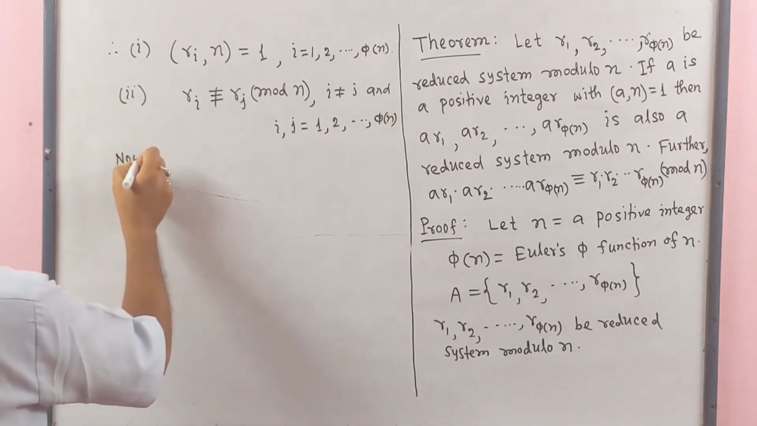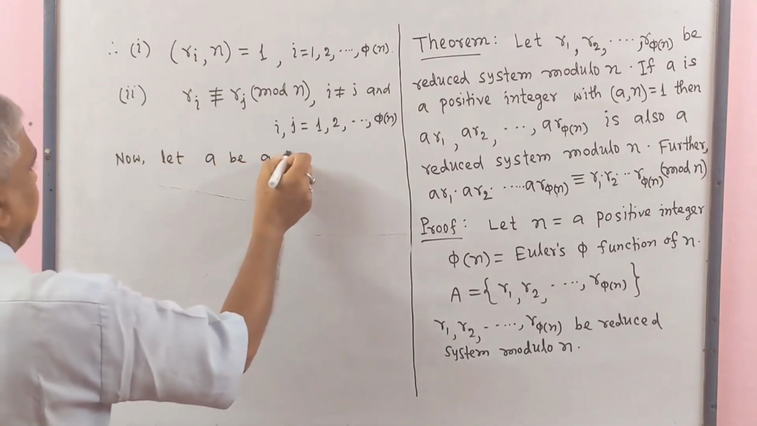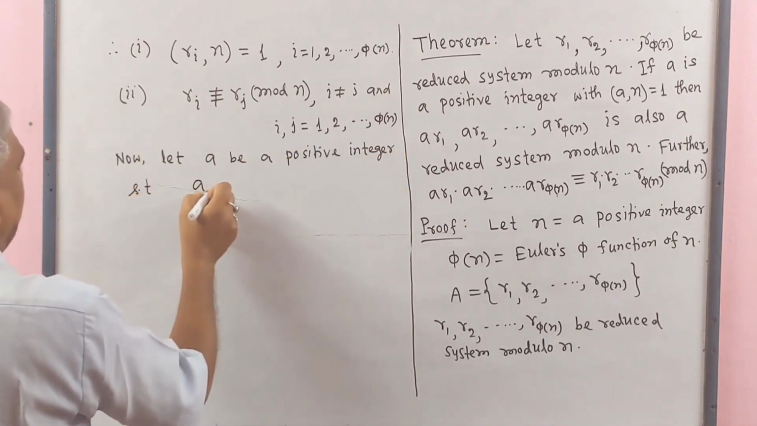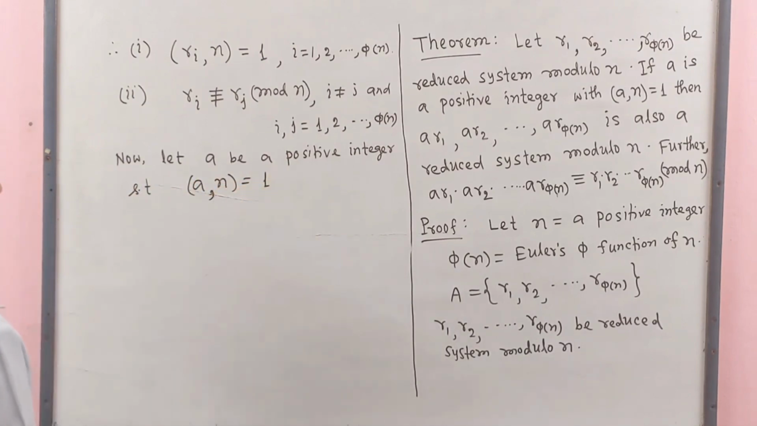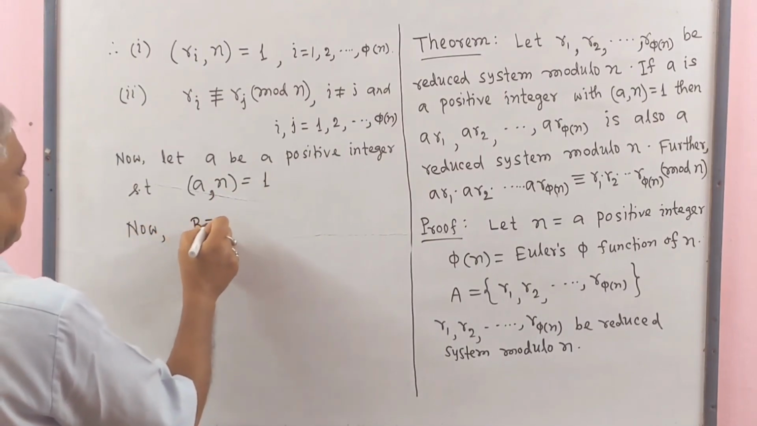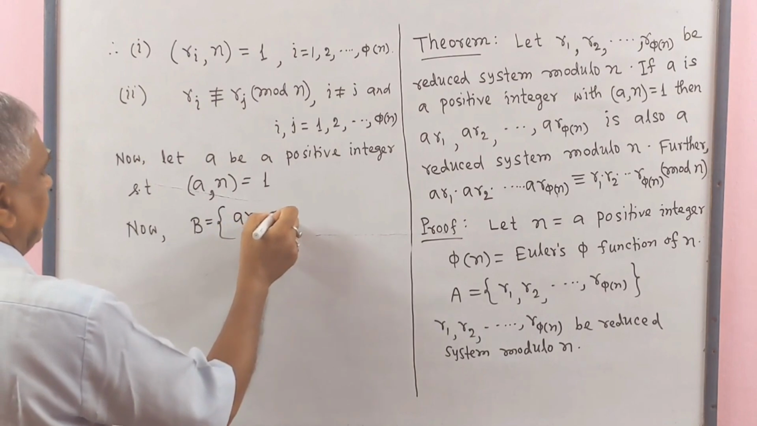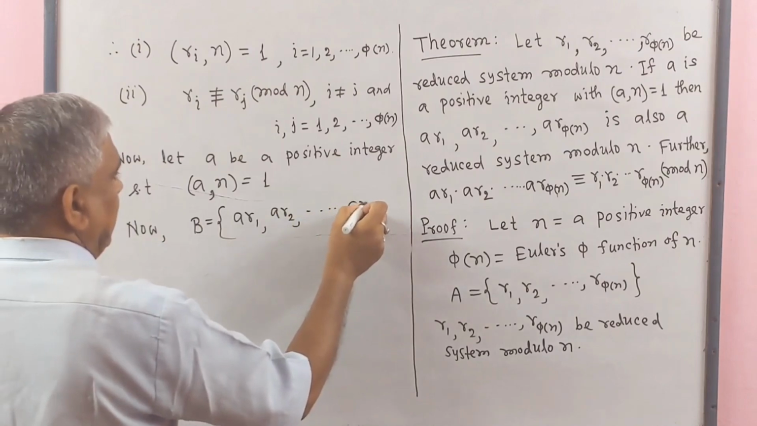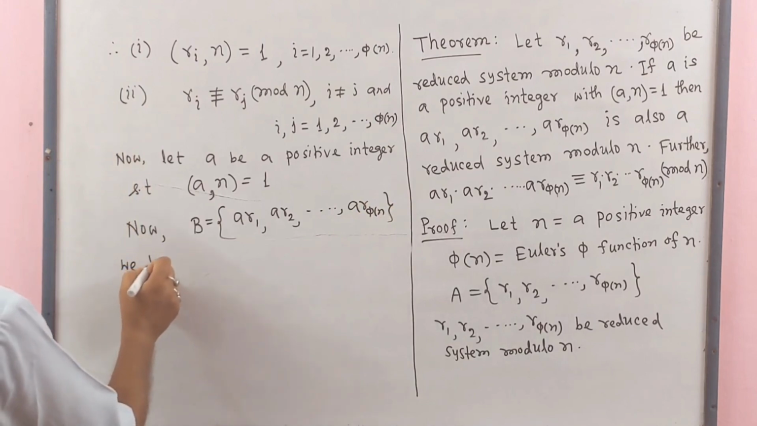Now let a be a positive integer such that GCD of a and n equal to 1. Now B is a set containing integers ar1, ar2, ..., ar phi n. We have to show that